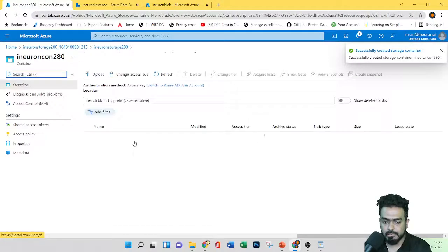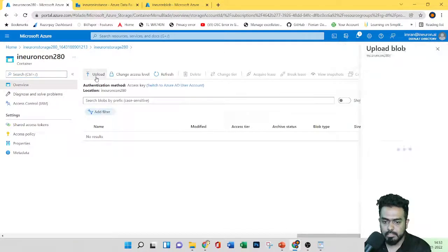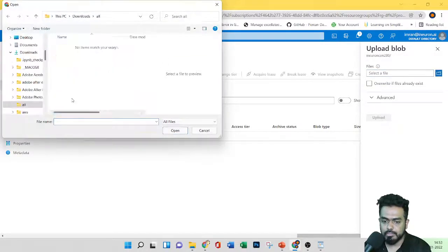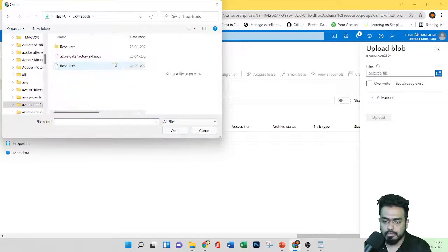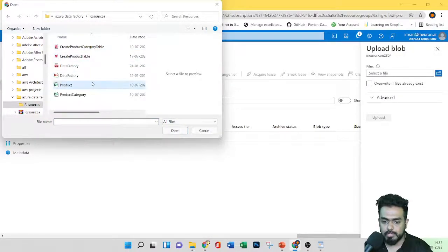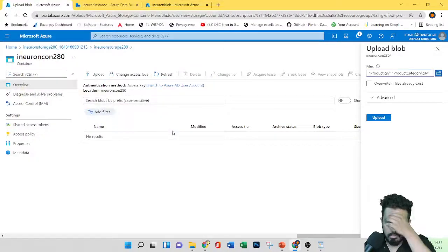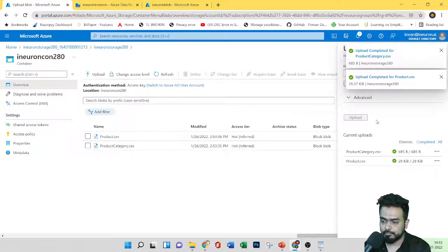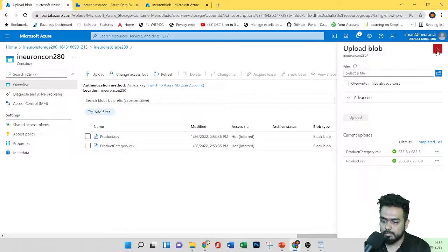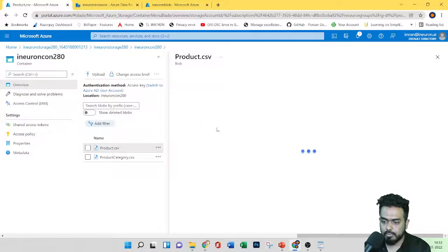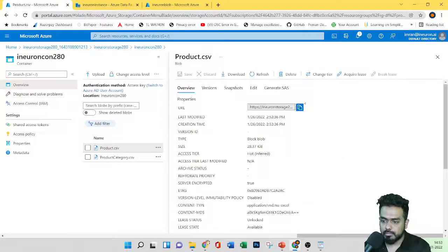Under this ineuron container 280, let's go to upload. For the data factory, I need to upload these two files. I'll just upload them. Let's click on upload. You can see the upload is completed. You can even preview the data here. If I click on the product CSV file, first we have a product CSV, and under the product CSV,